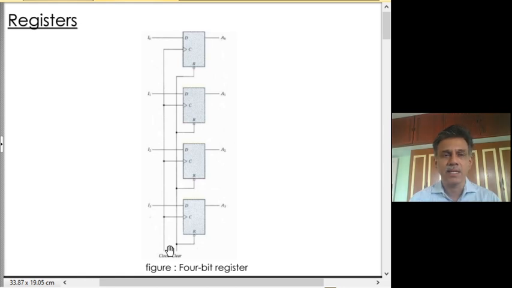When the enable signal is 0, the clock is disabled and the clock will not reach the flip-flops, and they will not do the storage. Well, while this is a solution which can be used under certain circumstances on simple circuits, it has a severe problem. The problem is that you are introducing a gate in the line which gives the clock pulses to these flip-flops,